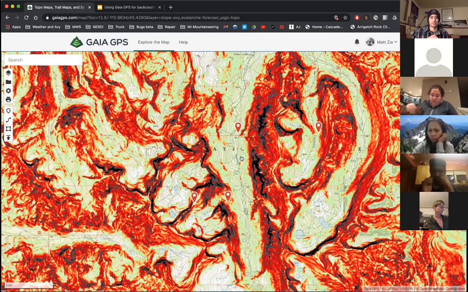So I use the slope angle tool very much with a grain of salt for large scale route planning, but it's not a substitute for in the moment observation and awareness of your surroundings. So just want to put that out there with that caveat, right? That these tools are really good for planning and navigation, and they're not a full substitute for that observational awareness and environmental awareness. Okay,